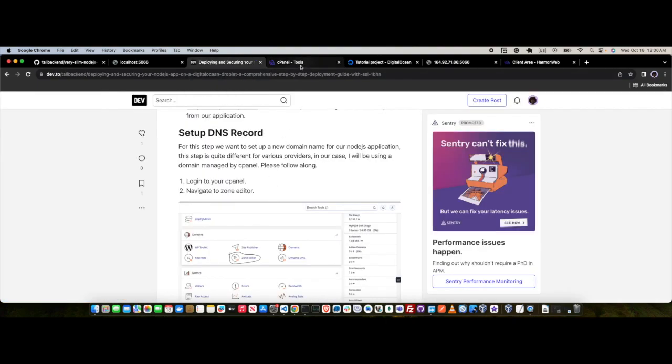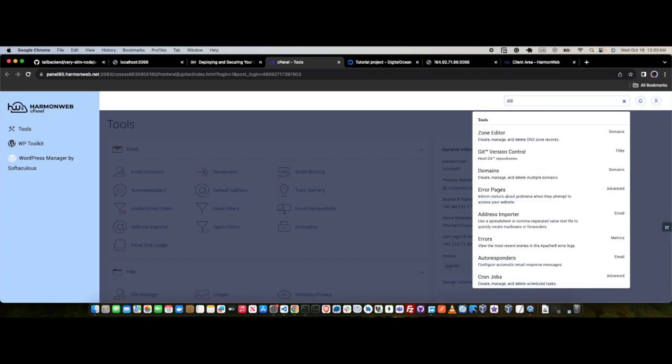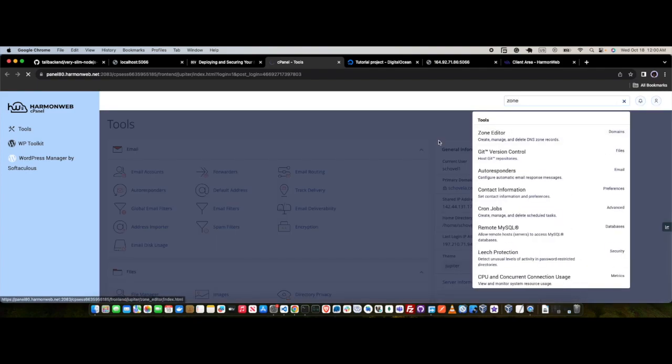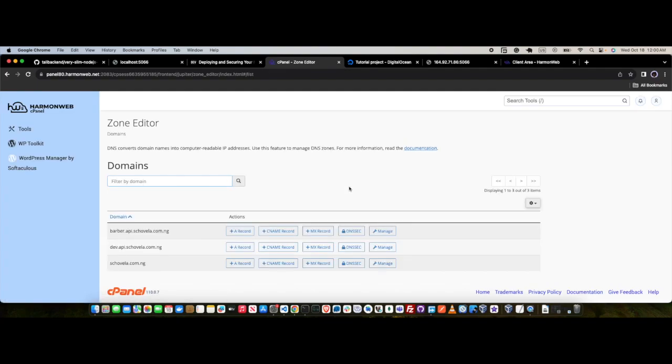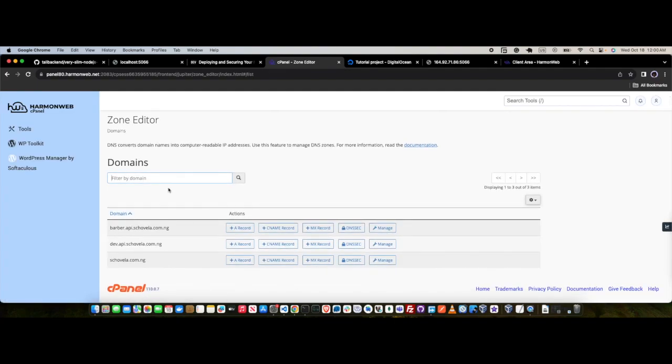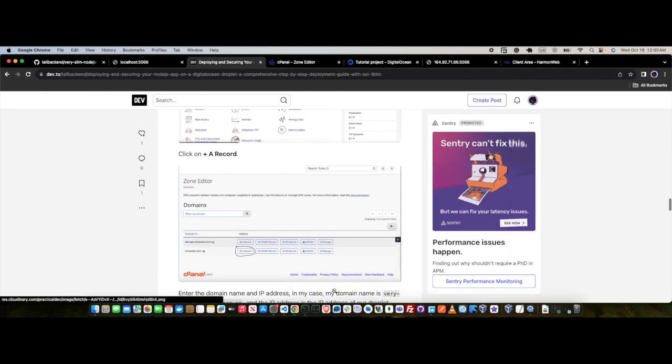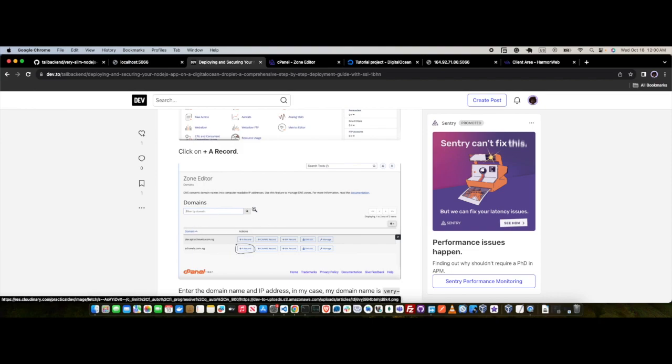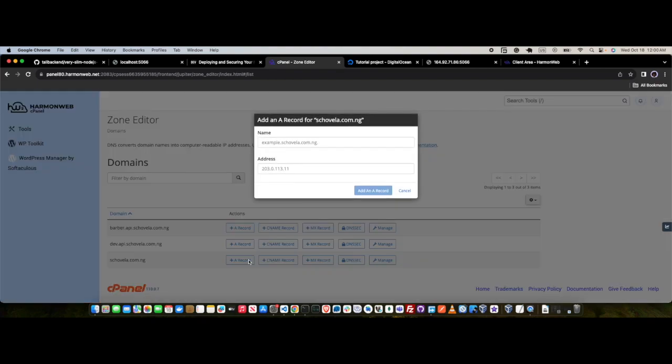So we are going to look for zone editor. Instead of scrolling, I'm just going to search for zone editor, and we have it right here. I have a couple of names here already, but I'm just going to use this covela.com.ng, and then we are going to move to the next step. I'm going to add a record. So this basically was in the tutorial. So add a record, and then we're just going to say